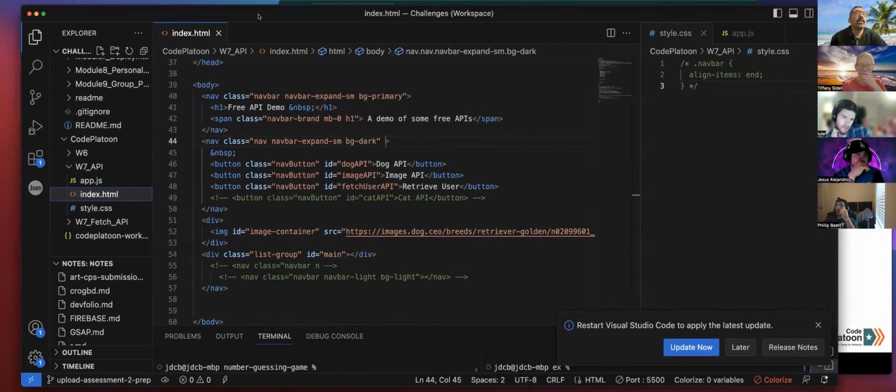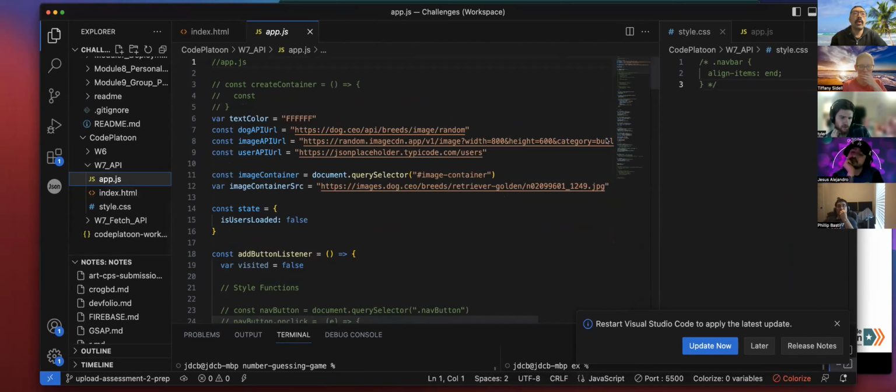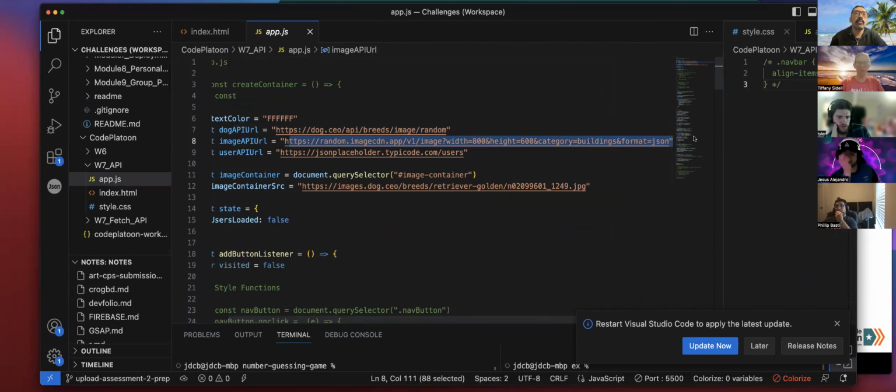And let's go back to the code. Let's see what's happening here. Going into our app.js file, we can see that we have some parameters set in the very beginning. We have URLs for each of the APIs. This is the API to the dog URL, this for the image URL, and